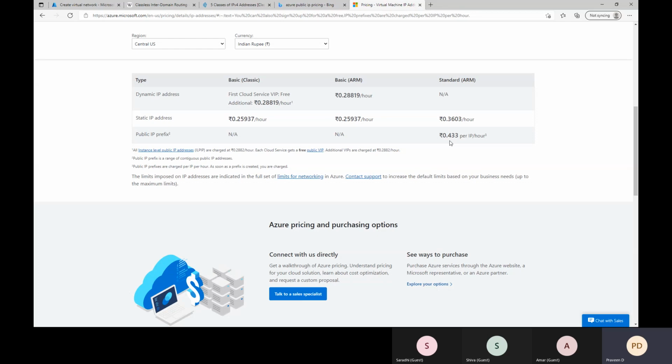So when we initially created the virtual machine and then stopped it, we got a prompt asking, do you want to preserve the IP address? If we enable that checkbox by mistake, then even after we stop the virtual machines, since we told it to preserve the public IP address, Microsoft will charge 0.433 rupees per hour even though my virtual machine is not running. Recently one of my friends came and asked me the same question.